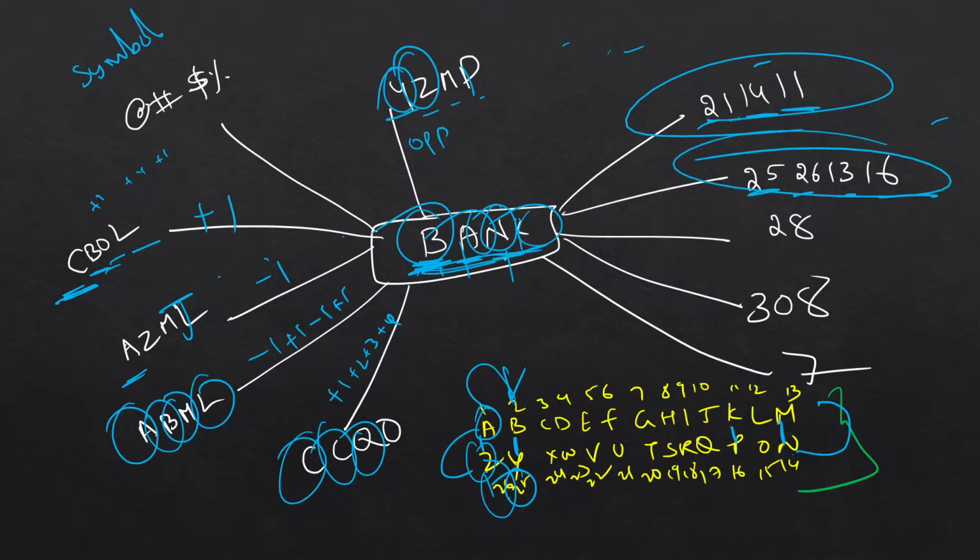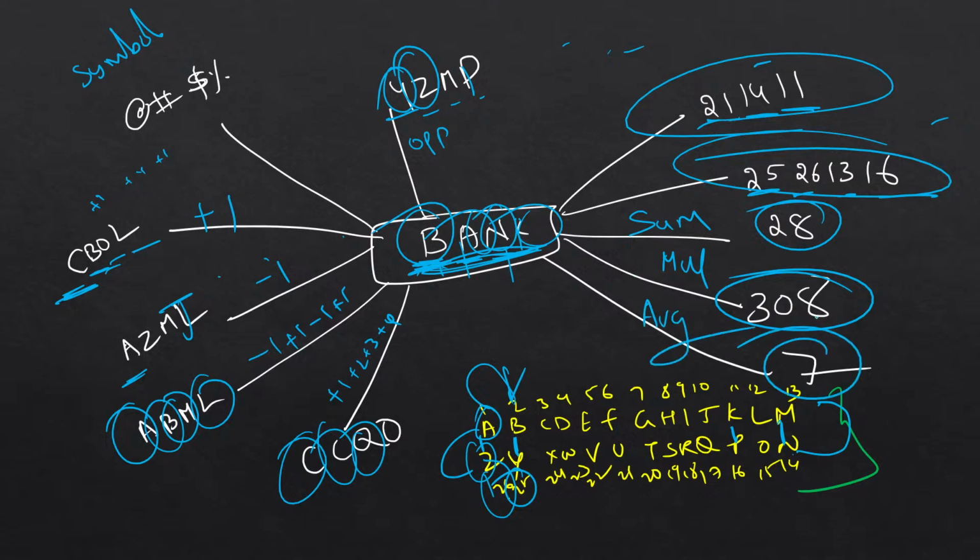Or if you are having 4 letters and if you are having very small answer, try to add all of them. If you are having somewhat bigger answer, try to multiply all of them. If you are having very small answer, try to find out average of their positions. So these are the most common codes, but there are going to be many more, because here I have taken